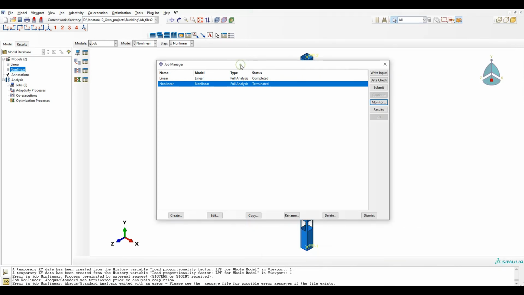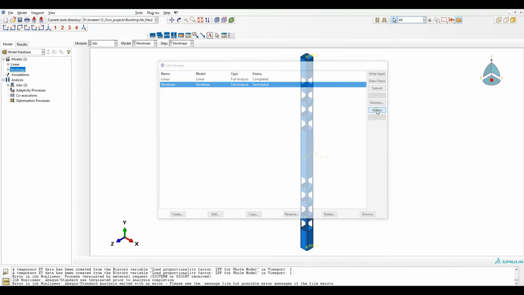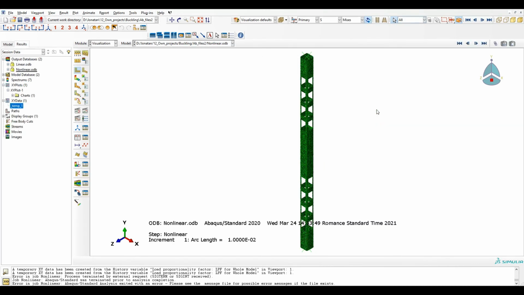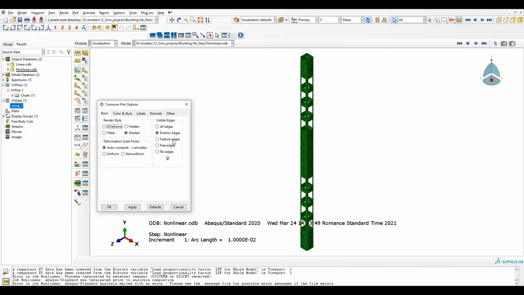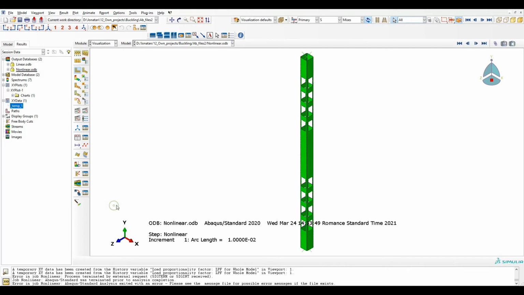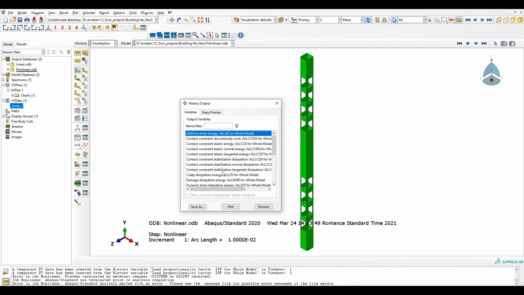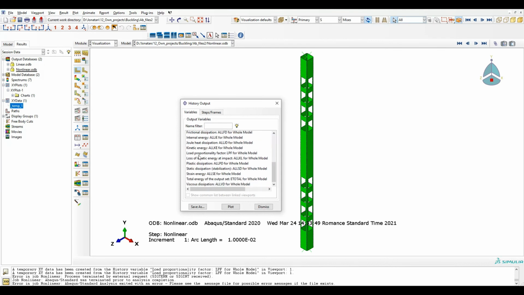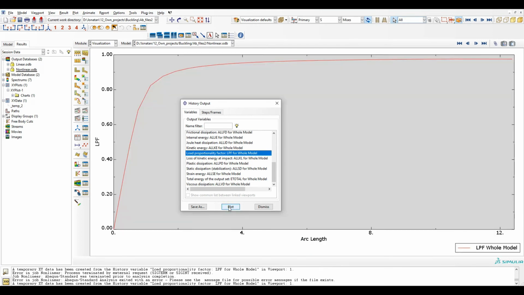It's finished, so let's go to results. Here we need to go first, I will hide the mesh. Okay, we need to go first to XY data, ODB history output, and check the load proportionality factor. So let's plot it.